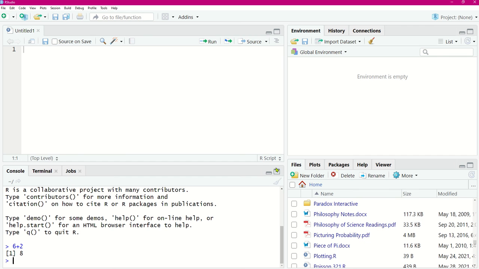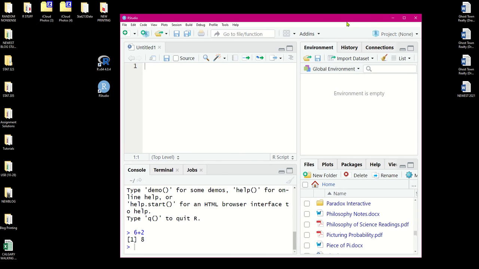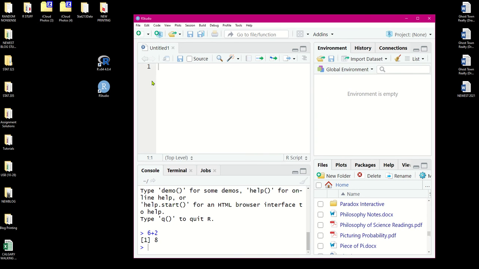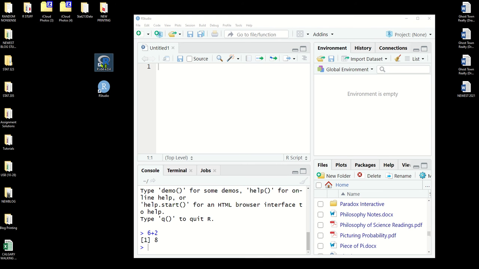So this pane here, you can think of it as the R part of RStudio. This is where R sits in the whole interface, in the whole display of RStudio. Anything that was talked about in the Getting Started with R video or in that corresponding PDF, you can do in the console, just like you could do in the regular R console. Just to emphasize that really quick for anybody who's trying to decide between R and RStudio, which one you want to work with,